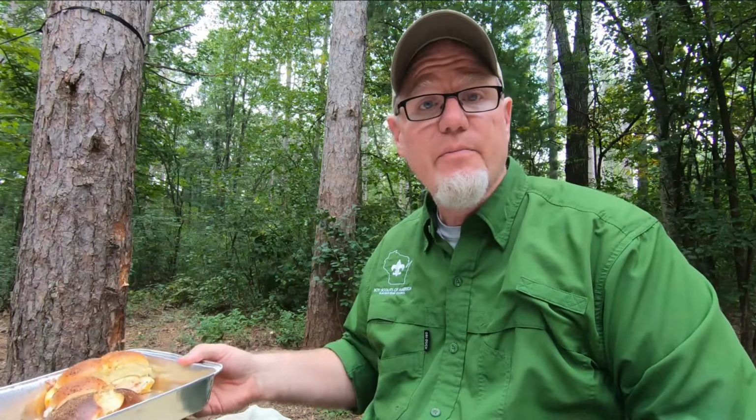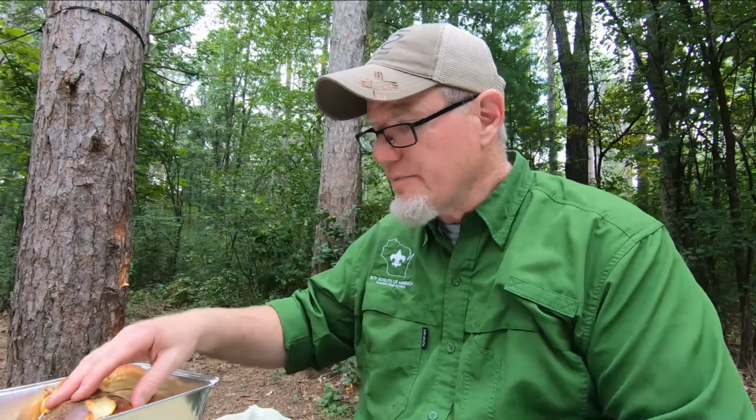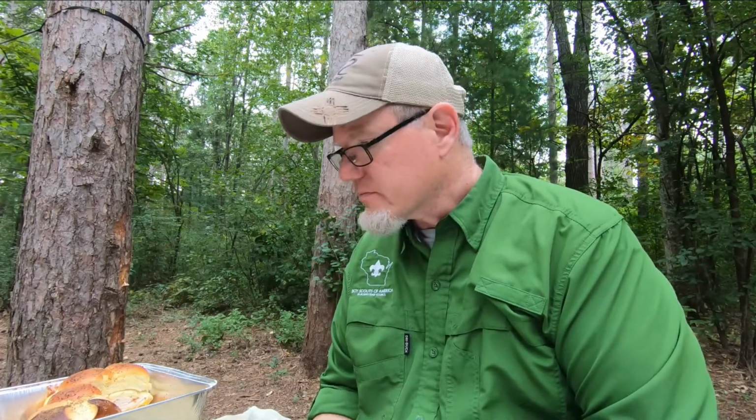So again, you're watching me eat, but I just wanted to let you know that it's an easy way to do a hot lunch if you've got that Coleman Camp Oven. It's a nice little thing to have in a car camping situation, and it didn't take that long to set up, instead of just having the standard cold cuts and sandwiches and chips and things like that for lunch. You can do something like this, and it really is simple. It doesn't take very long,